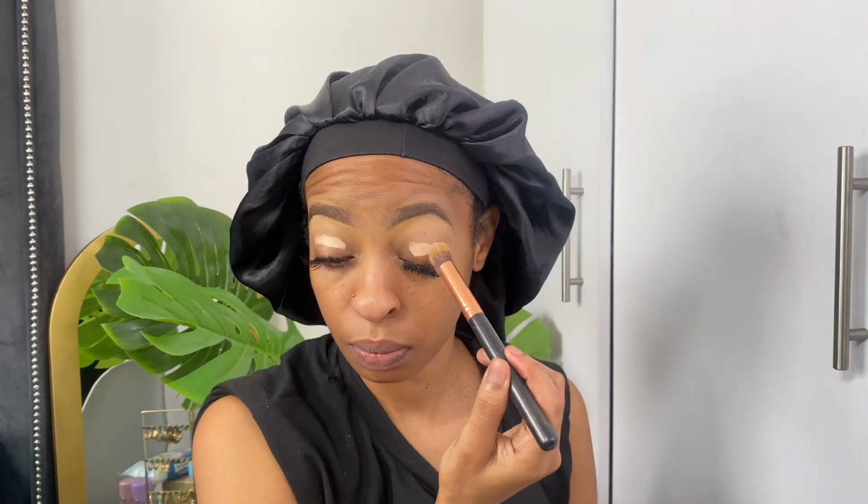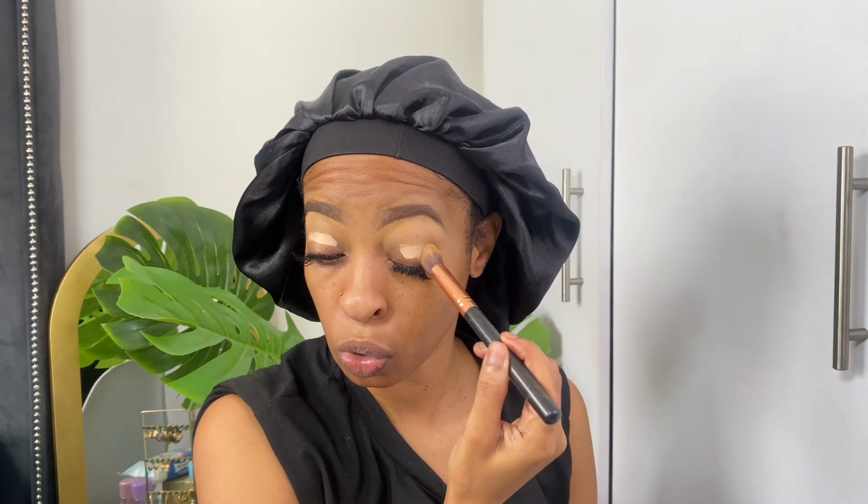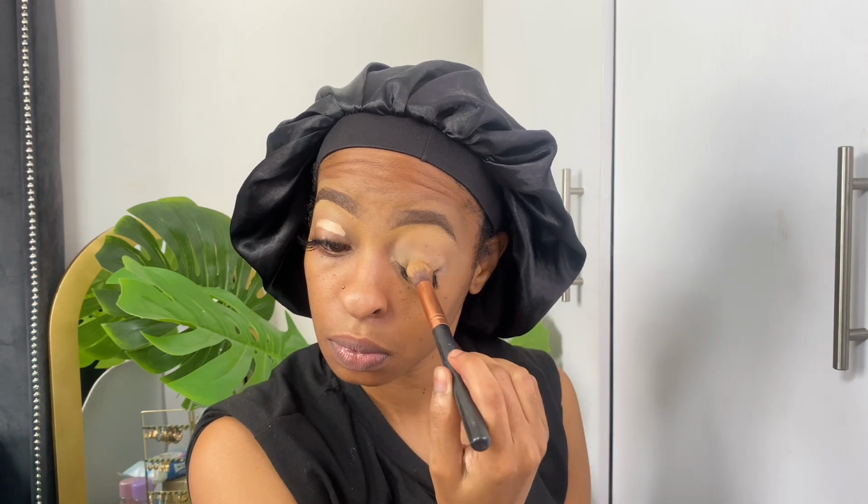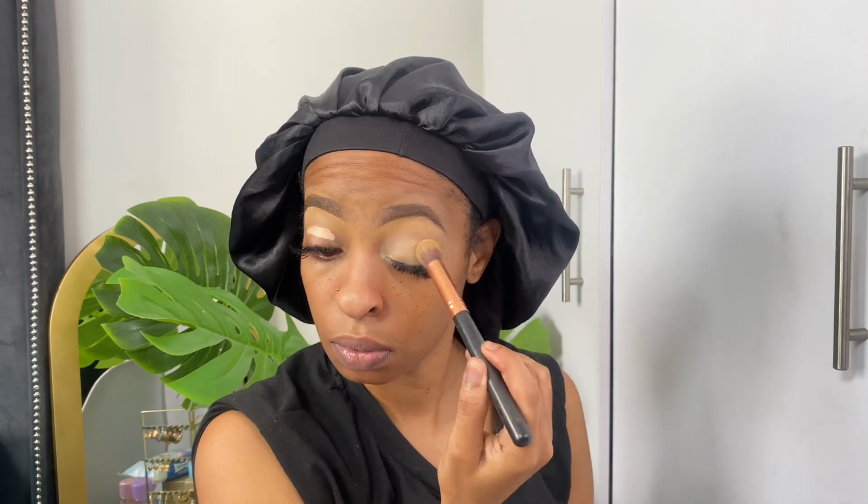Same brush, I'm going to just blend it into my eyelid. Next, so yeah,